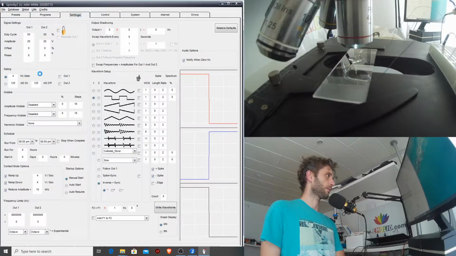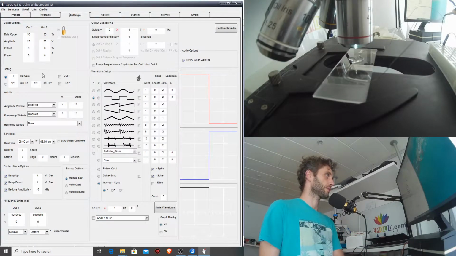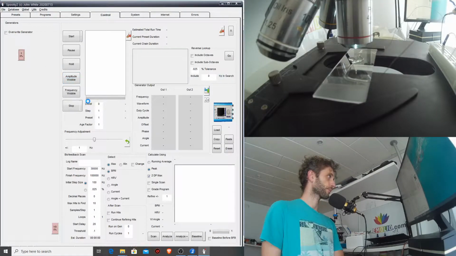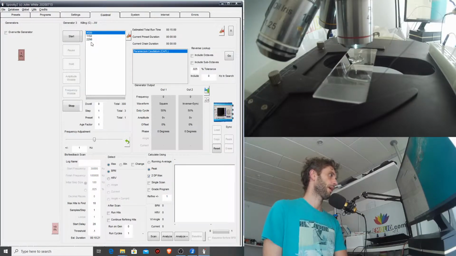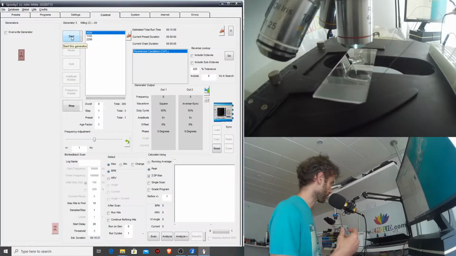Then settings. I will not change anything because in those settings everything is already set up. We see here 20 volts, and for people who understand all those settings, you can see it now. Now we go to the control, you go to override generator, and then those three frequencies should come. The only thing I have to do now is click on start, but before doing that, let's switch on